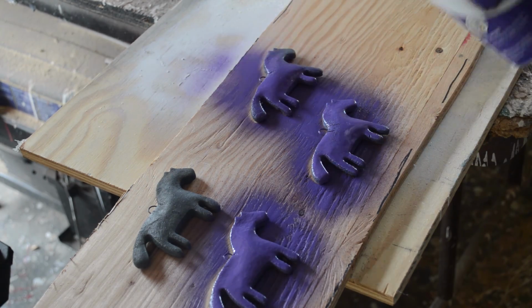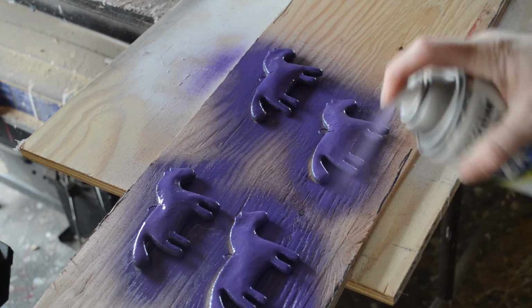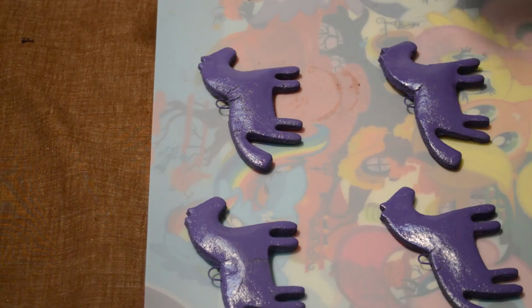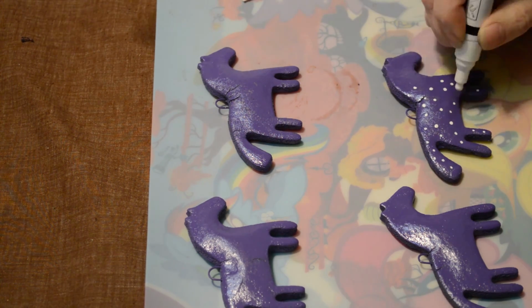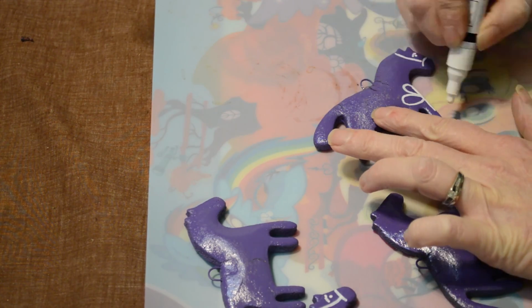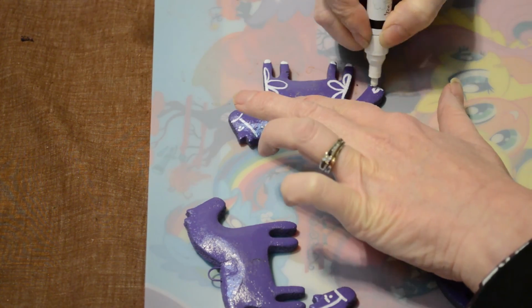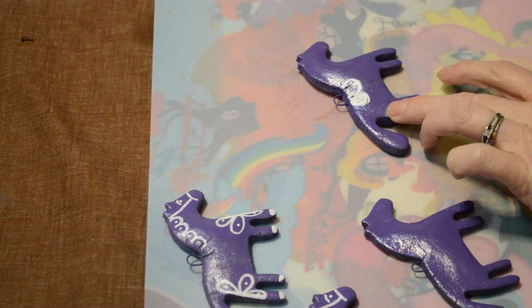Then once all of the ornaments have completely dried, I bring them back inside my house, grab my little paint pen and start decorating them. There's no right or wrong way to do this. You can decorate them however you want, or you could choose to leave them plain. It's up to you. That's part of the fun about making your own homemade Christmas ornaments. You get to do what you want to do. So once I've done all of the painting and I'm happy with how my ornaments are looking,